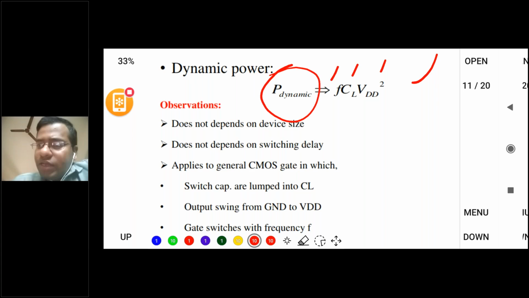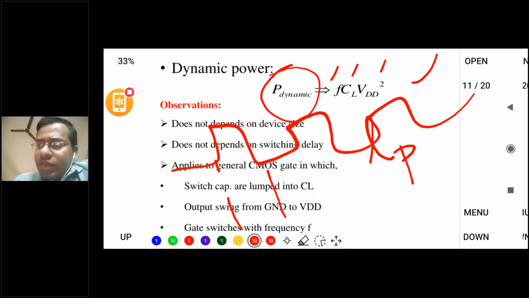Okay. Another thing is the delay, the delay from input to output logic. Suppose, just to understand what the delay is, the input signal is like this. At that stage the output changes, but it requires some time. So in this time your output is not quickly changed. That means the circuit has some delay.